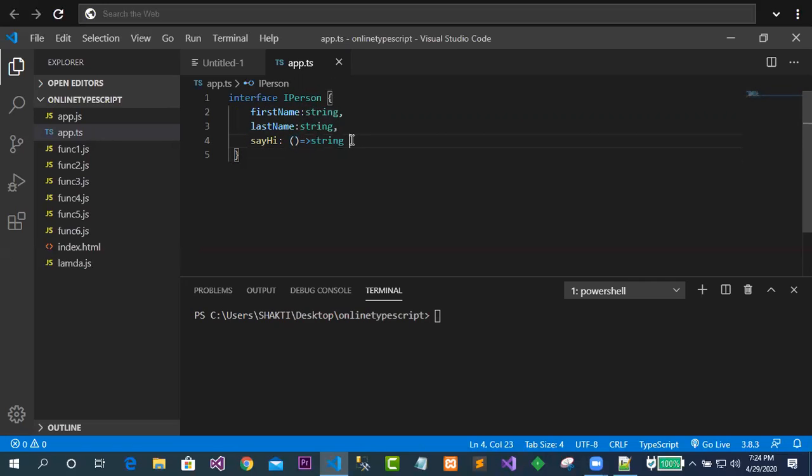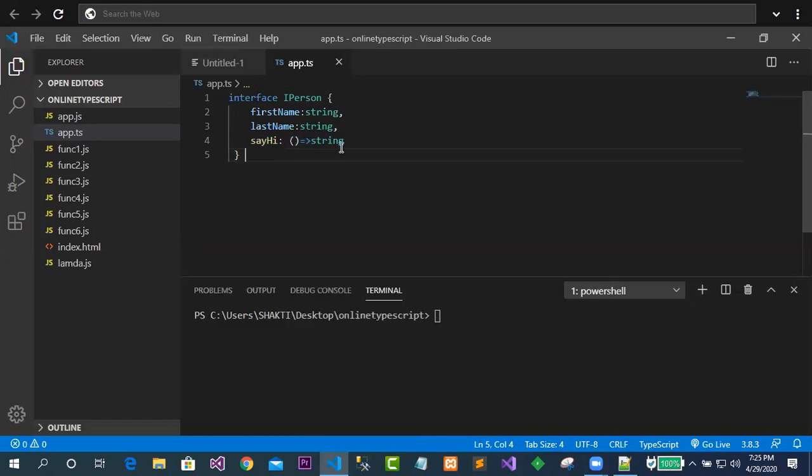We have not given any body to it, because this function is an empty kind of function. It is not holding any definition in the interface, because an interface function is not going to take any kind of definition.